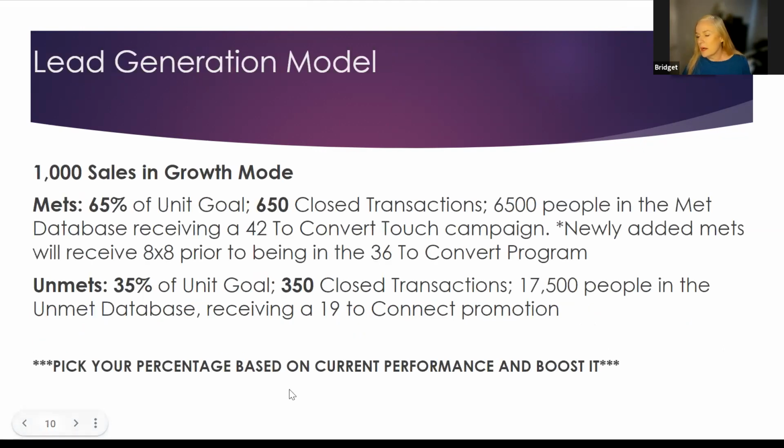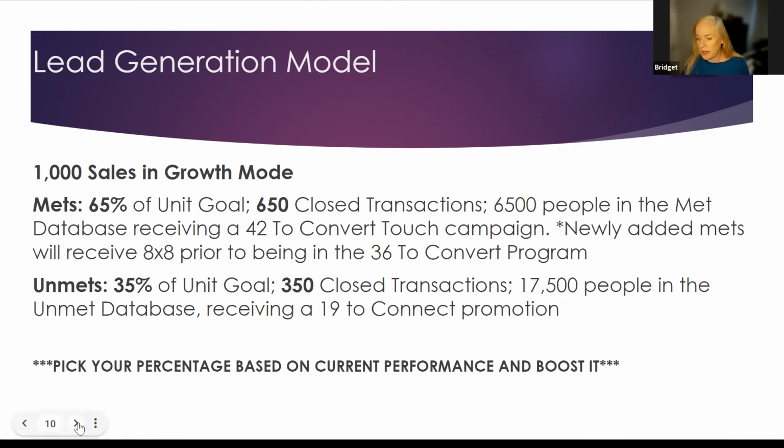Right. So the reason that's so high is, and this is just an example, but I actually did the worksheet because I really wanted it to be a real number. If you're doing first class mail postcards to 17,500 people 12 times a year, that adds up really fast. And then I factored in that staff that would be running that whole thing, managing that database and cultivating it. But that's why it came out to more. The other thing is, in this particular example, and I guess I should have added some of the assumptions made for this example.